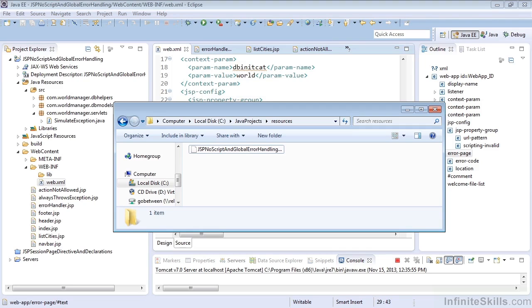In this video, we're going to take the time to learn about system-wide error handling, page redirecting when we have issues, and ignoring scripts so that pages can't run scriptlets. So in order to get started here, go ahead and grab the resource file JSP